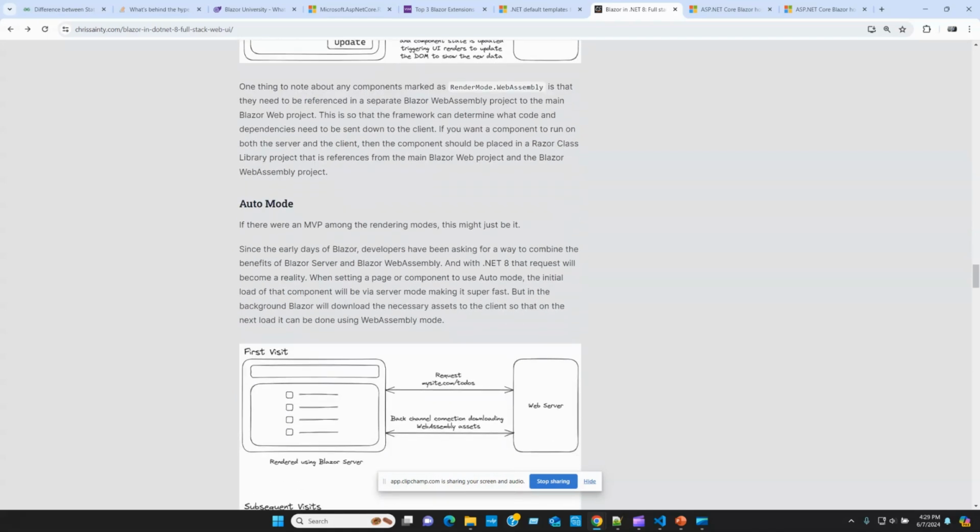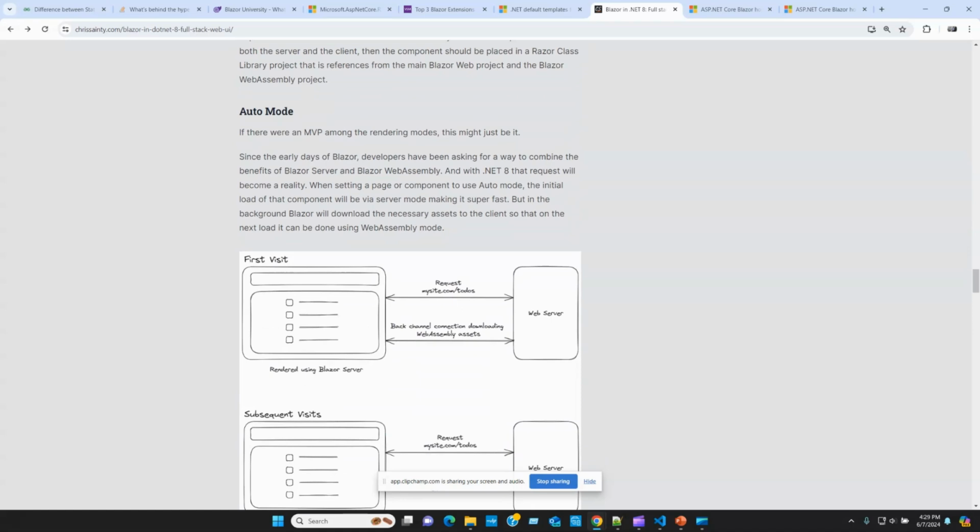And then there is auto. This is the new feature introduced in .NET 8. In .NET 7, we have only Blazor Server and WebAssembly, in two different projects. You have to decide whether your application is going to use a server project or a WebAssembly project, and develop based on the hosting type. In .NET 8, they introduced a new concept called auto mode. Auto is nothing but a combination of the server and the